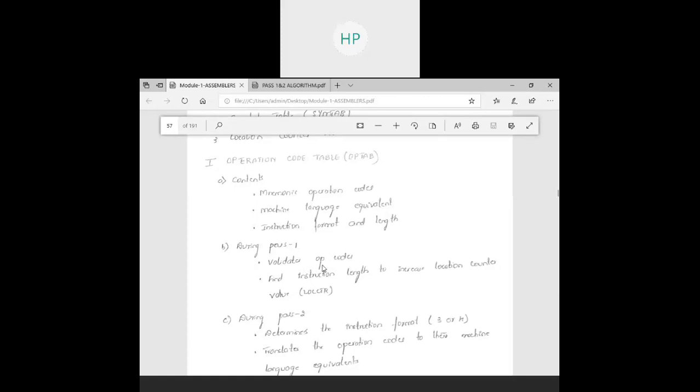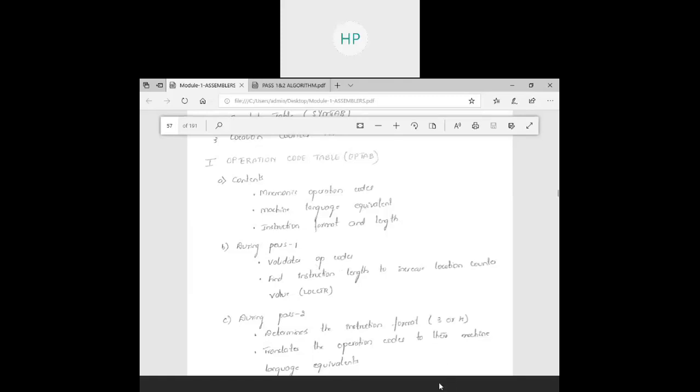Whenever you install any of the operations, we get the RFCs, correct? Request for comment, that is the rules or the protocols. This cannot be executed on this, or this addressing mode cannot be used. Once you build your microprocessor or microcontroller, they will give all the set of instructions, what all can be used and what cannot be used. So it will validate the opcode.